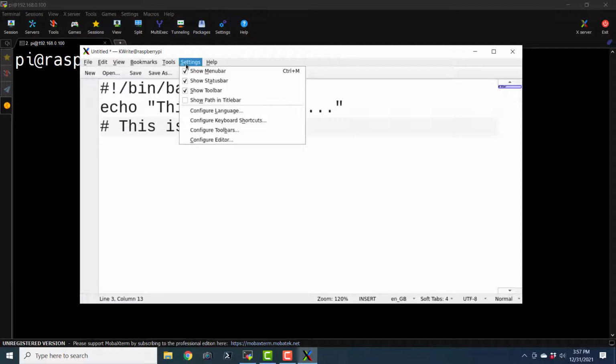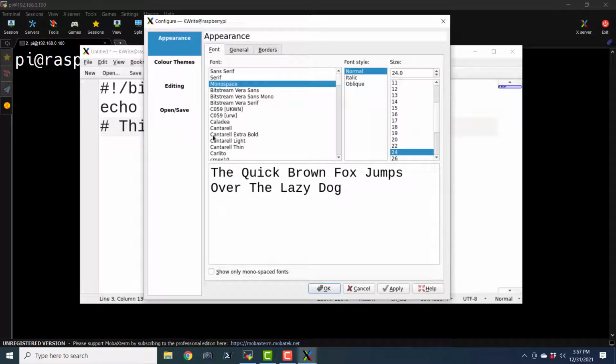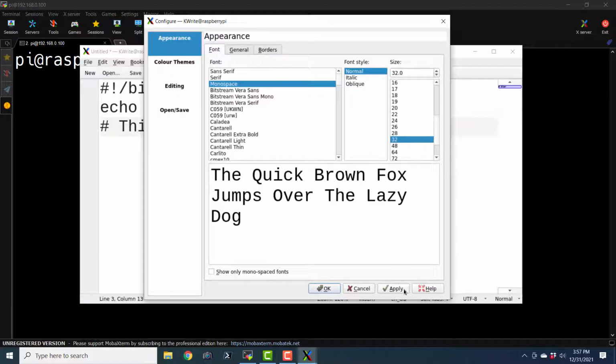So now let us go to the settings and configure the editor. I want to increase the font size. I think that it can be increased. Let's make it 32, apply, and okay.